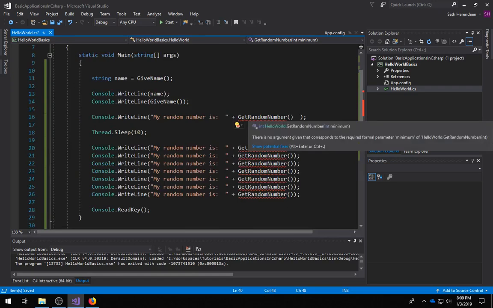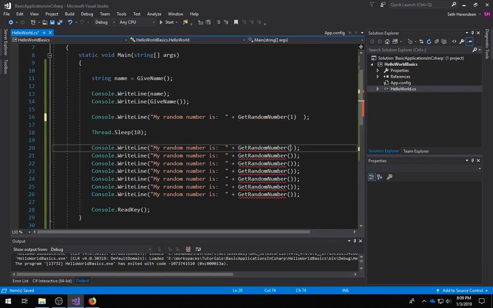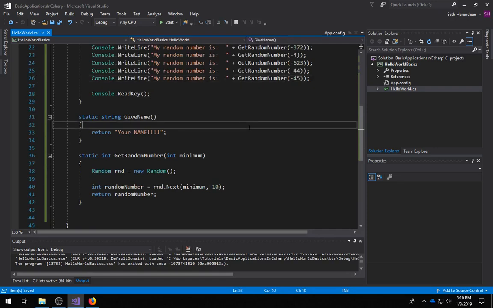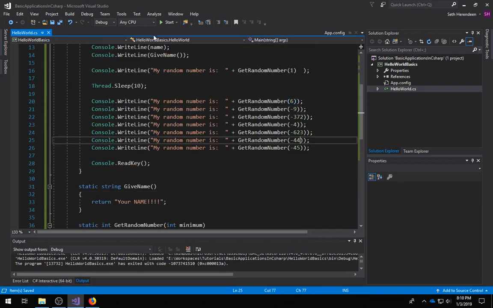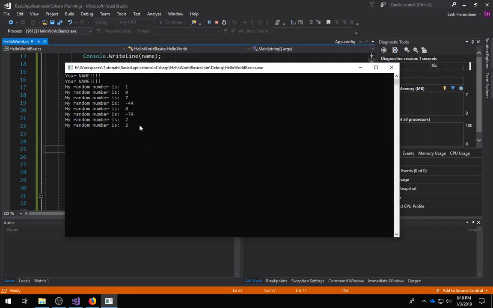So as you can see, it's complaining because we didn't put a number in. So we have to put in a number. So I'm setting the minimum number. Oh, wait, -0. Let's not do that. We don't want to find out what that looks like. So the maximum number is still going to be 10, but we've got ourselves some minimums. So that looks pretty cool, because now we have different possibilities for our